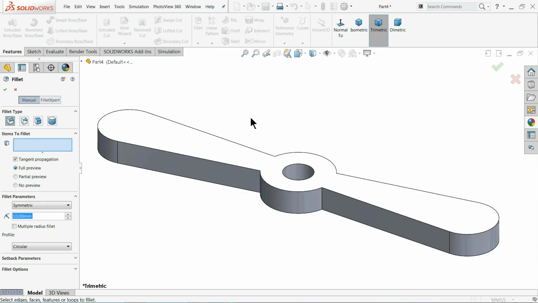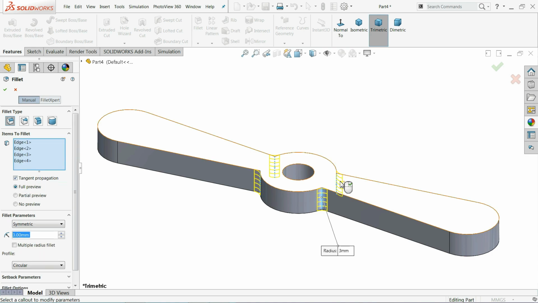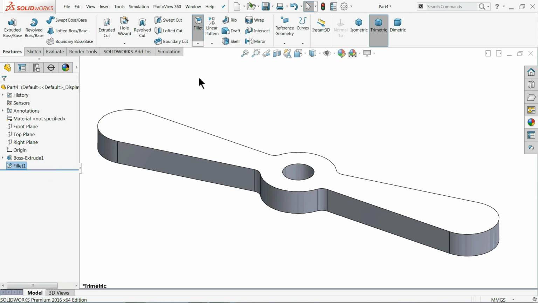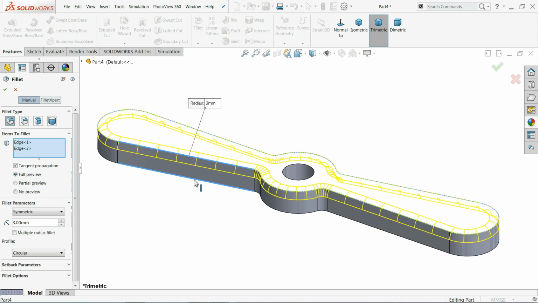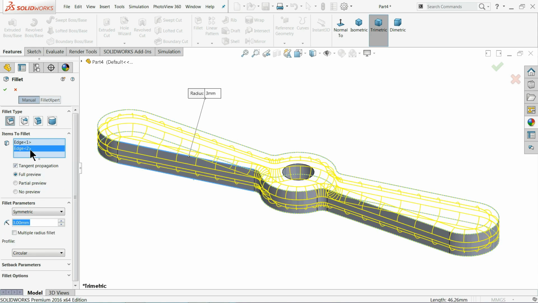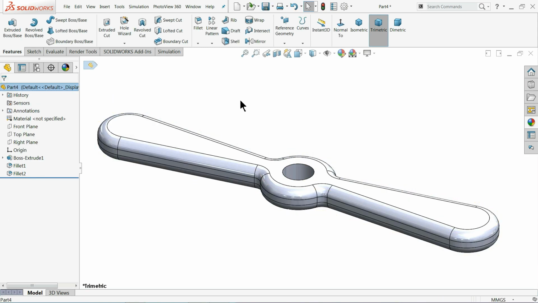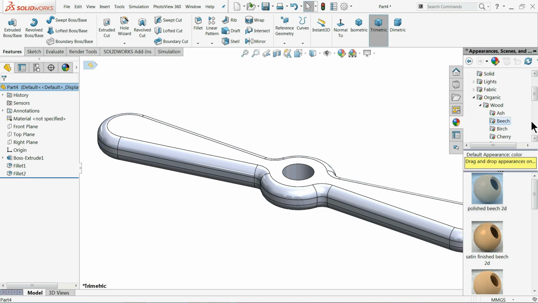Fillet 3 millimeter, and I'll choose this point, and let me choose okay. There is one option, connected to start loop. Select this one and see, all 4 selected. No need to select one by one. Constant fillet 3 millimeter. Okay, fillet. Now I'll choose this upper edge and bottom edge, 3 millimeter constant size. That's it.